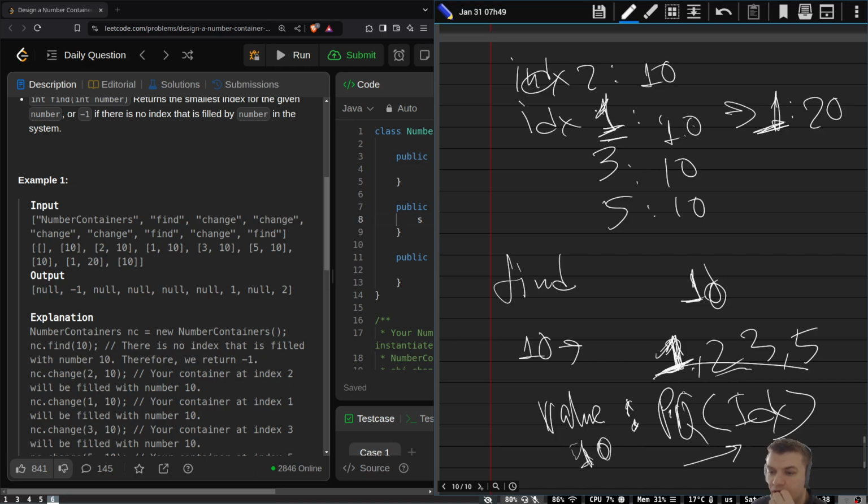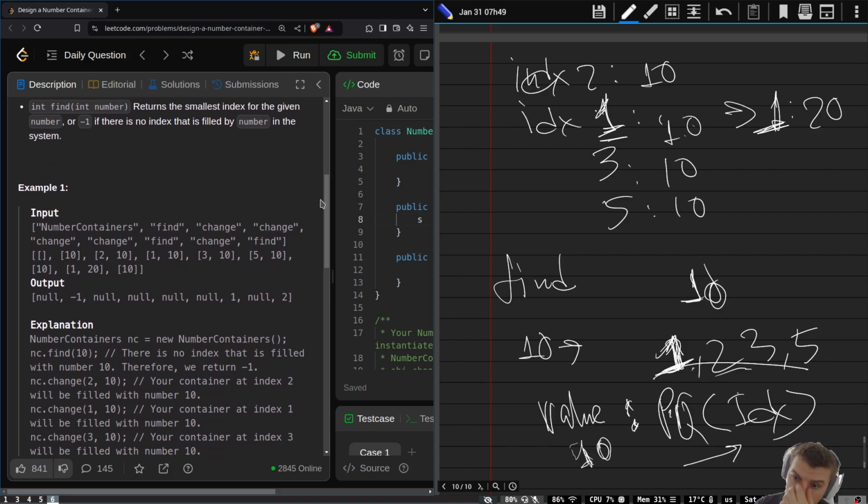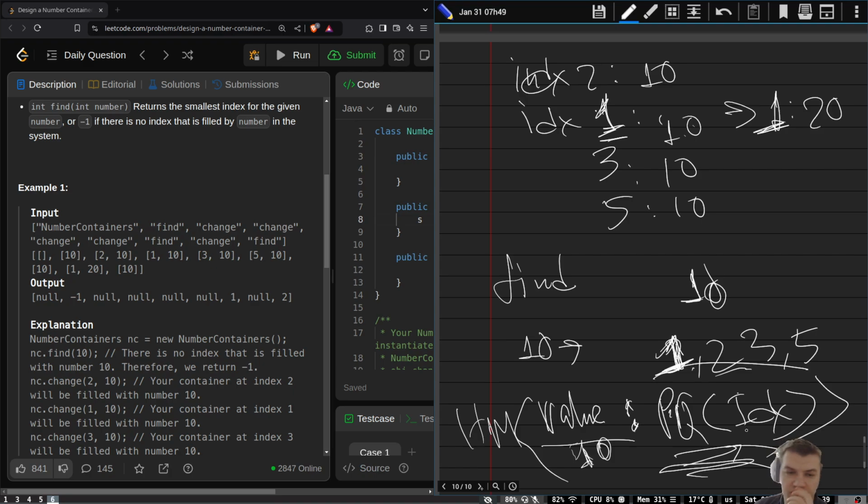So find is pretty fast, so I need to just go to the hash map, and then get the priority queue for the value, and pick the top element out of priority queue, and it's gonna be the index, so the smallest index. But the problem with change, so